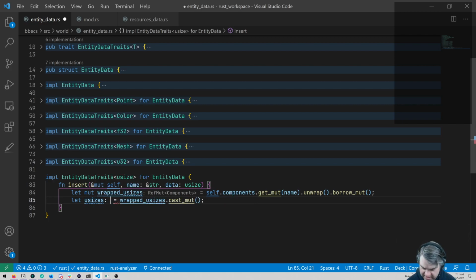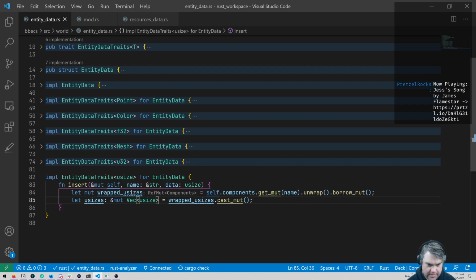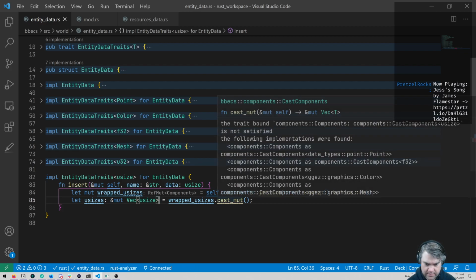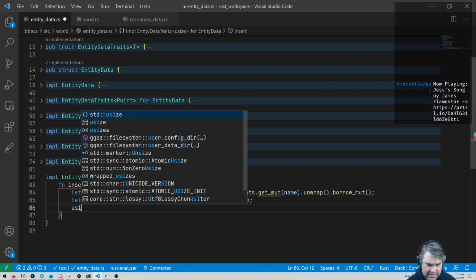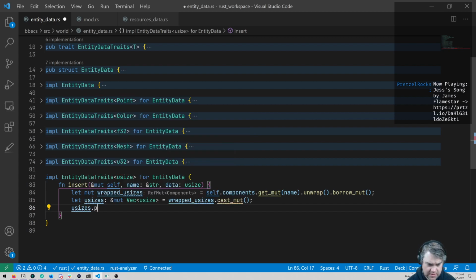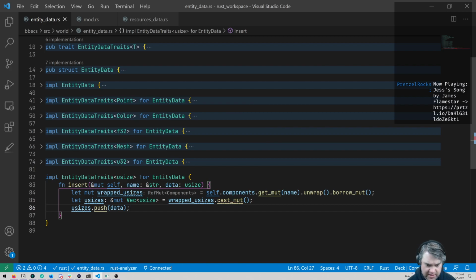So it's going to be a mutable reference to a vector of usize. All right, yeah, that doesn't exist yet, but once we have that, then it's going to be usizes, push the data. And that's it. That's all we really care about here. But we do have to add this in.